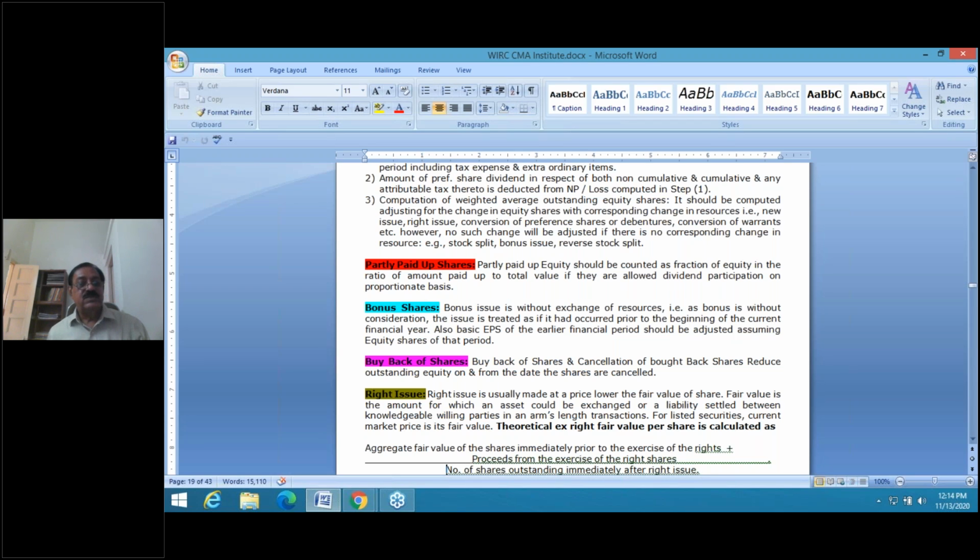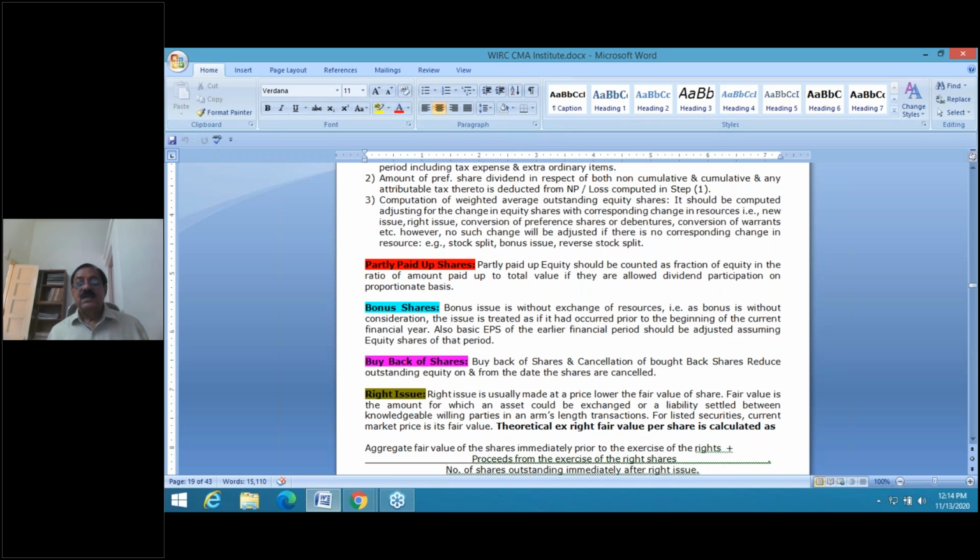So whenever there is a bonus issue, at any point of time during the year, it is considered for the full 12 months. So after 6 months, even if 1 lakh bonus shares are issued, both will be considered as full 2 lakhs. 1 lakh which are there at the beginning, and also the 1 lakh issued as bonus after 6 months. No time weightage is to be given.